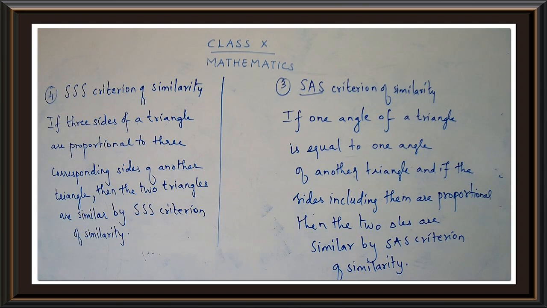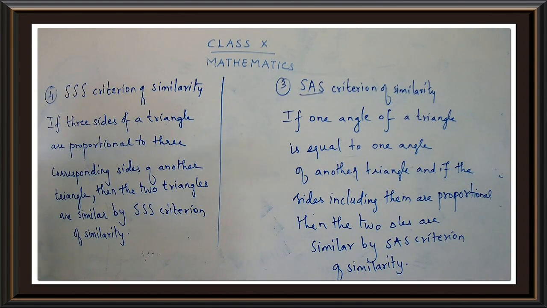Yes, you should know how to show the triangles are similar, like by taking the condition I have shown in the triangle. If two triangles are given, you have to consider that in this triangle and this triangle, this part is equal to this part is equal to this part. Accordingly, you have to finalize that these triangles are similar by a particular criterion. If you are taking three sides, SSS. If you are taking two sides and one angle, SAS.